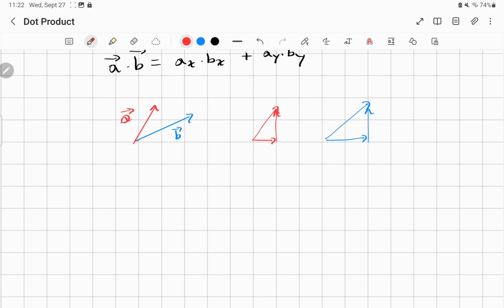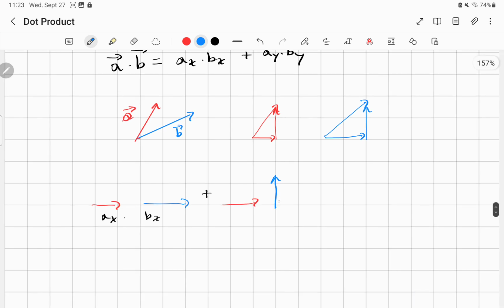So how much of this force impacts this force? You multiply the two magnitudes, right? They're both facing the same direction, so you multiply these two vectors. You do ax times bx, plus how much ax impacts by? Well, if we're thinking about this as force and this as distance, this force doesn't move any distance up. So this is going to be ax times by, and this is going to be equal to 0, plus